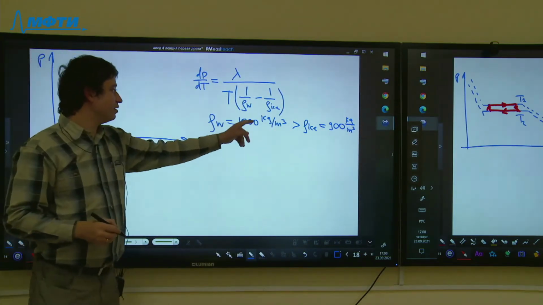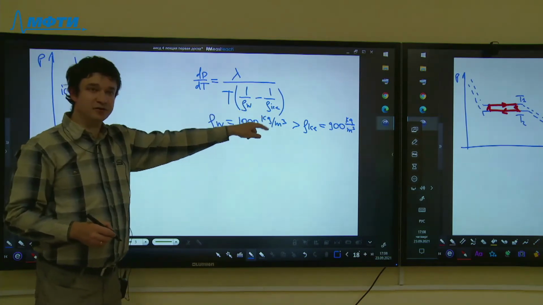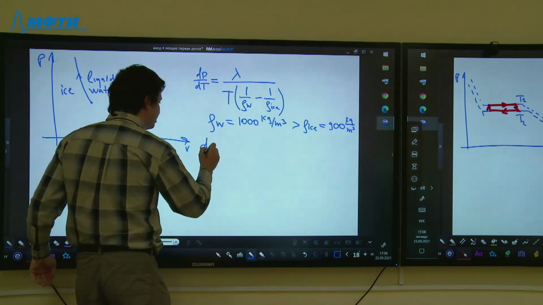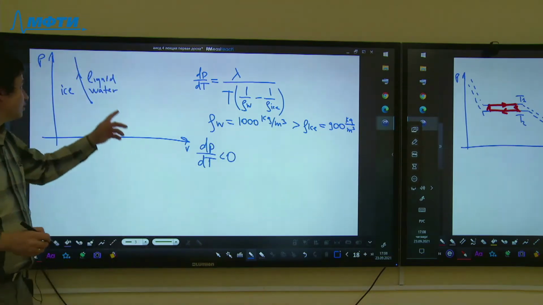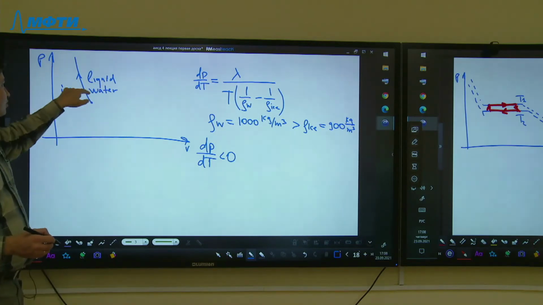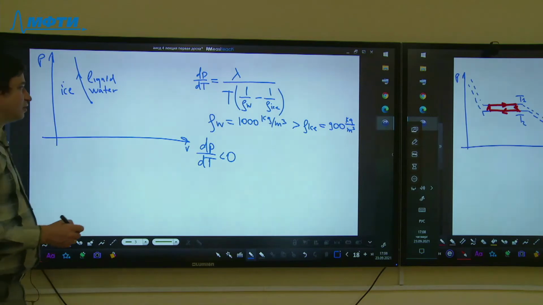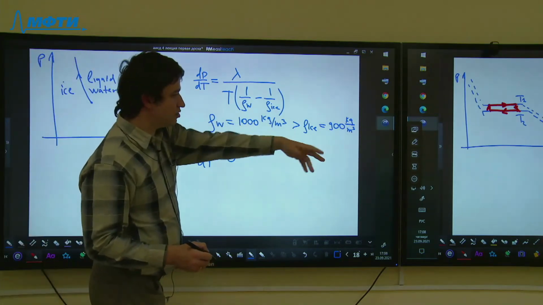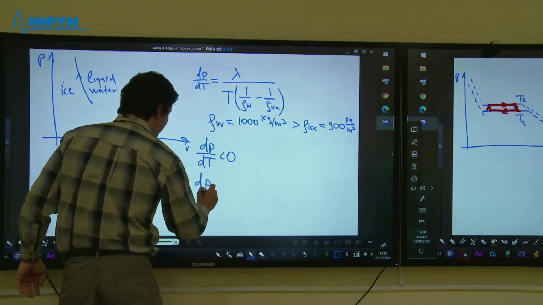That's why in here the denominator is negative. That's why dP over dt is negative for the transition between water and ice. At the same time, for the transition between liquid water and steam,